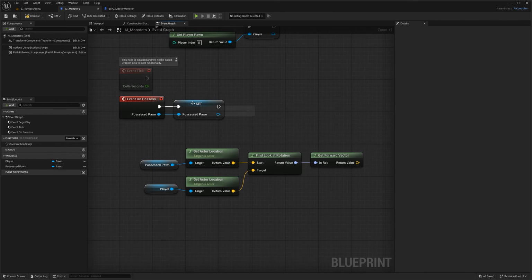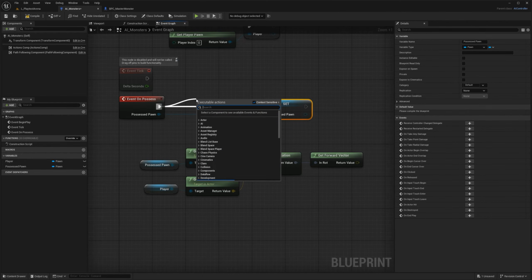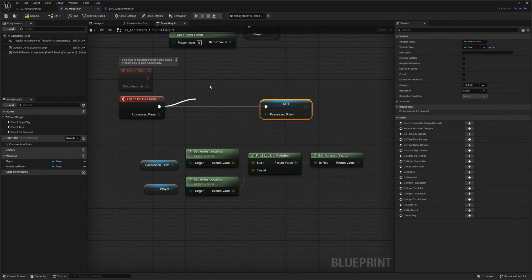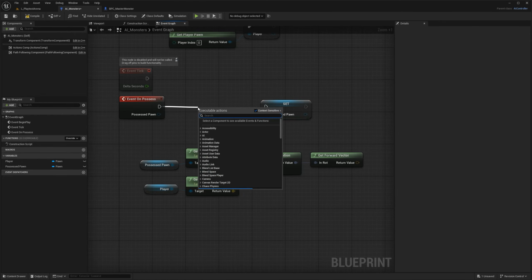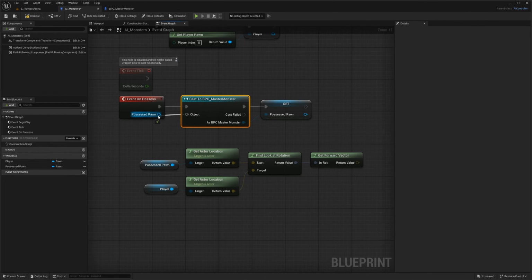And on my possess, when the AI is possessed, I'm essentially going to just reference that with a casting function. So just pull from here, cast. Actually, let me disconnect first. Cast BPC master monster. Connect there, connect this thing here, connect this one here.